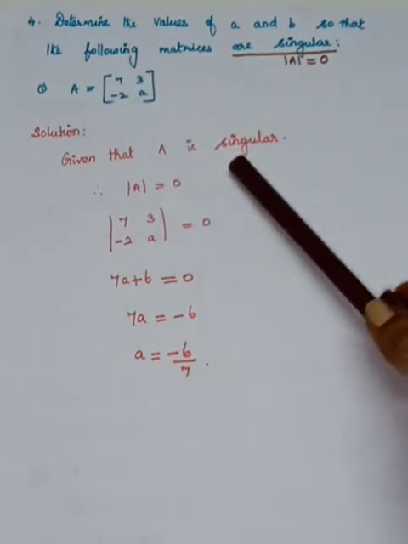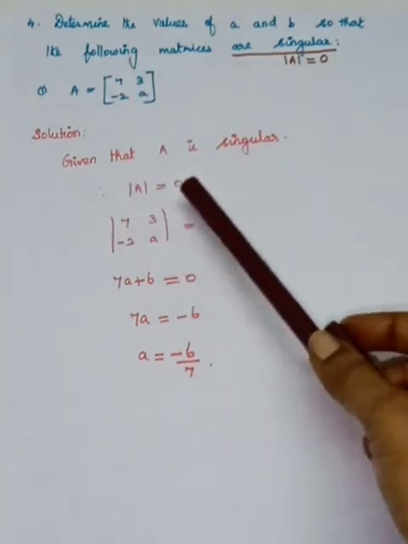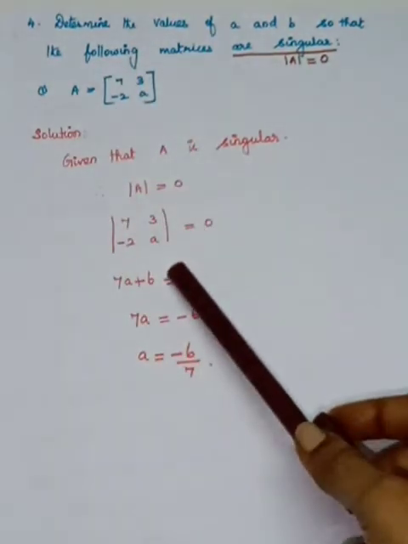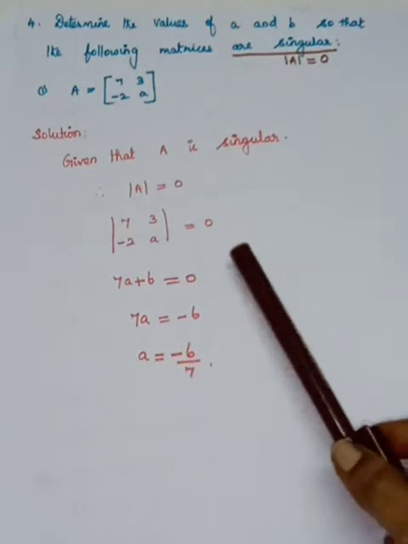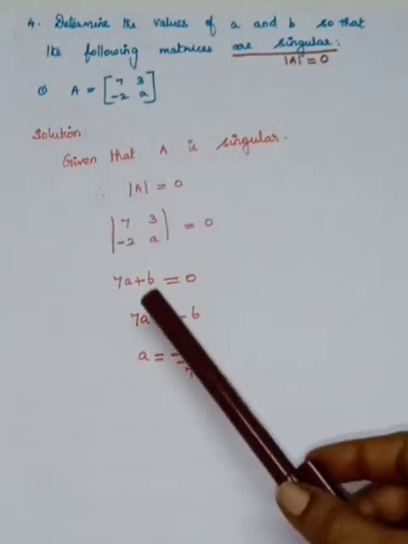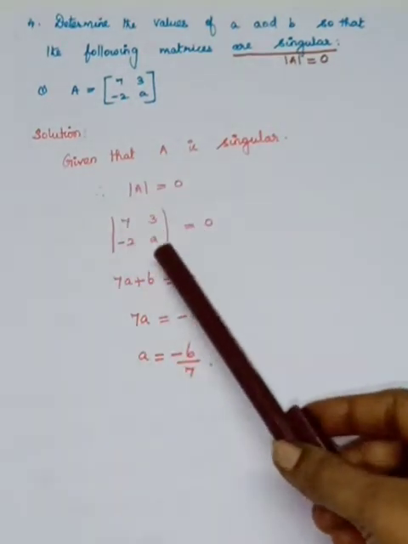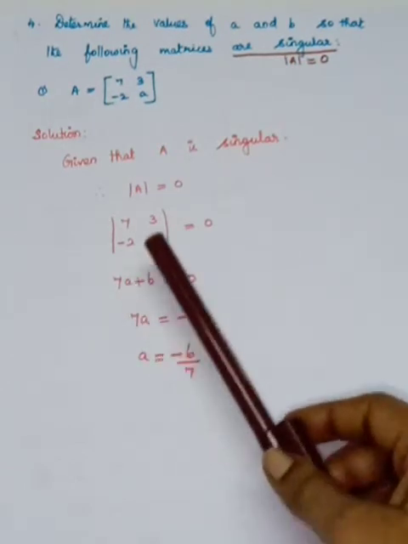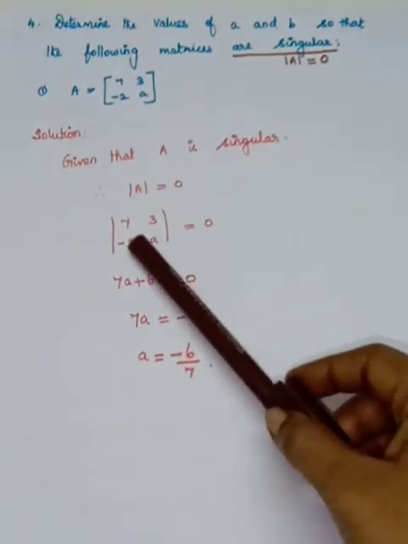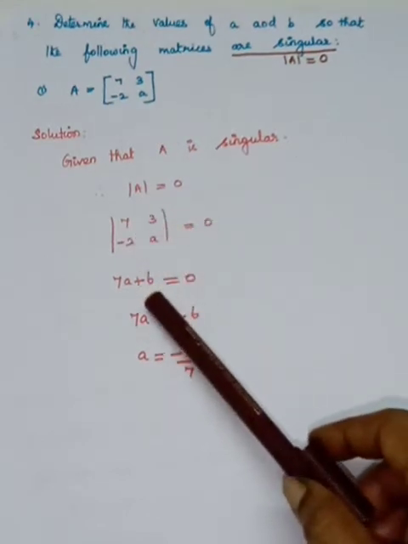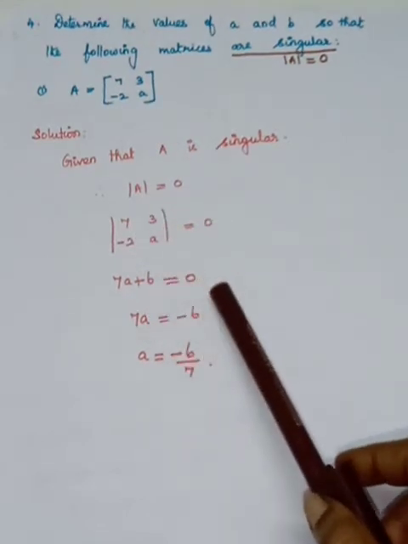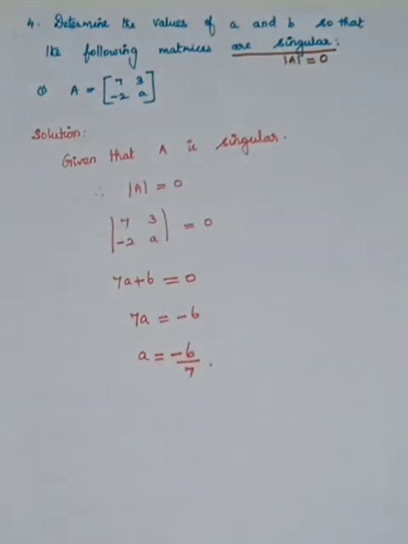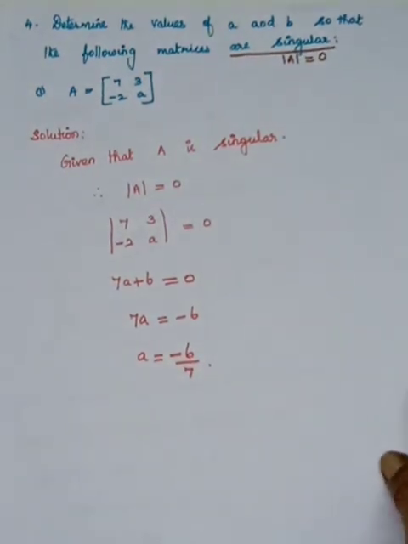Given that A is singular, so determinant A is equal to 0. So write the entries within the vertical line which is equal to 0. So how to evaluate the 2 by 2 determinant? 7 into A, 7A. In between you have to write minus. When you multiply these two, minus 6. So minus of minus 6 is plus 6. That is equal to 0. So 7A is equal to minus 6. A is equal to minus 6 by 7. And coming to the